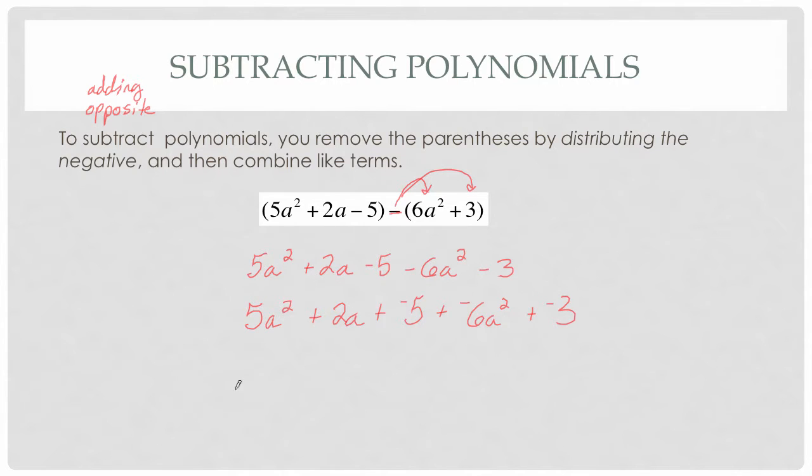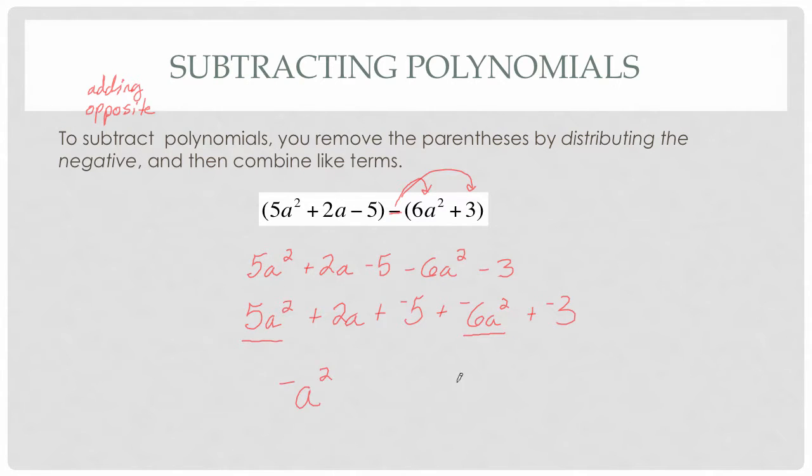All right, so now let's combine my a squared. I got 5a squared. I can combine that with this -6a squared. There's no other a squareds. But notice in the previous example with adding, it was 5 plus 6a. This is now 5 minus 6a, so it's going to give me